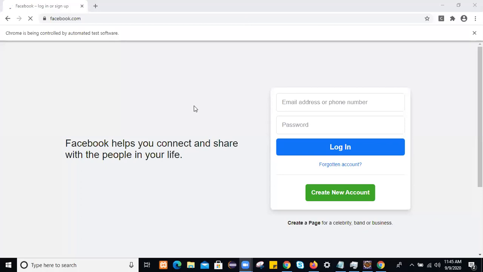So the page is loaded, and now on this page, let's see whether it performs the operation or not. First, it will load the page completely.